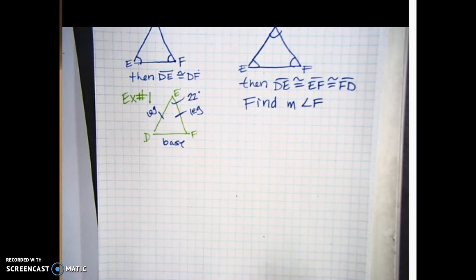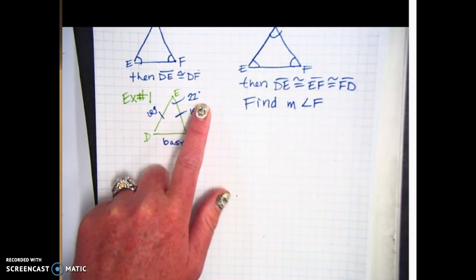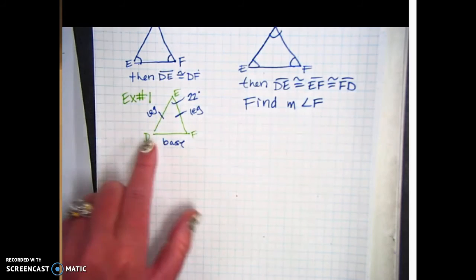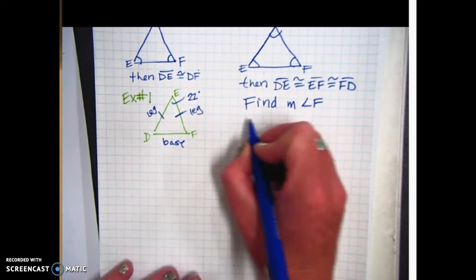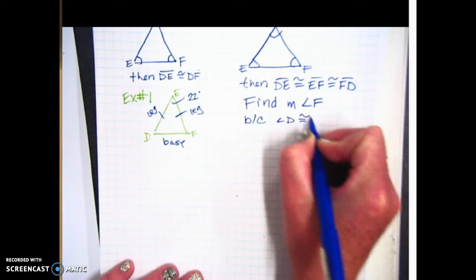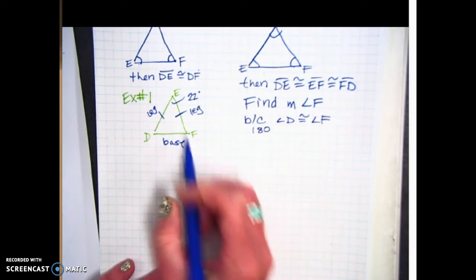Now, normally, you're given two angles. You start with the total degrees in a triangle, you subtract those two measurements, and you end up with the one that's left over. But in this case, they only gave you one measurement. But we know from the isosceles triangle theorem that these two base angles are congruent, okay? So because angle D is congruent to angle F, we can start with the 180, subtract the one